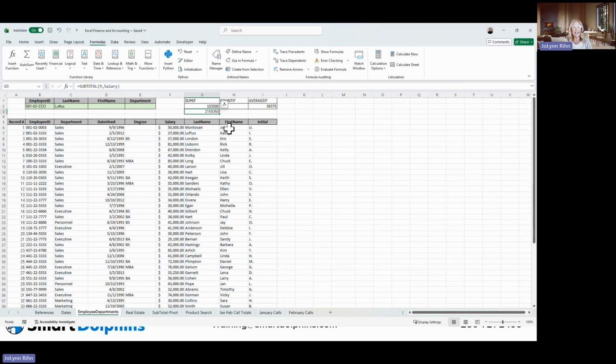But that's not what I want. What if I actually want just the marketing department? That's why I use that SUMIF. Well, what if you were going to change your mind on a regular basis? We could filter the data